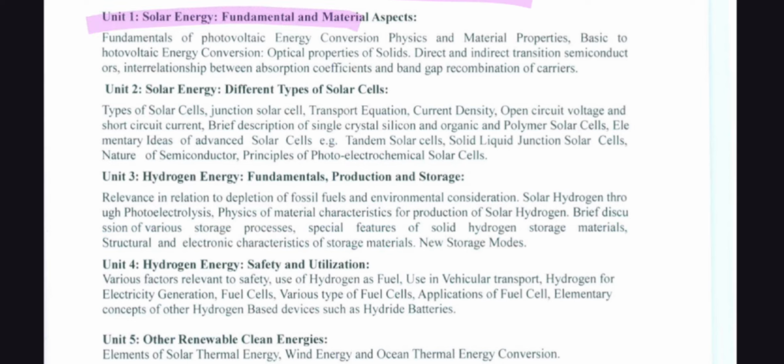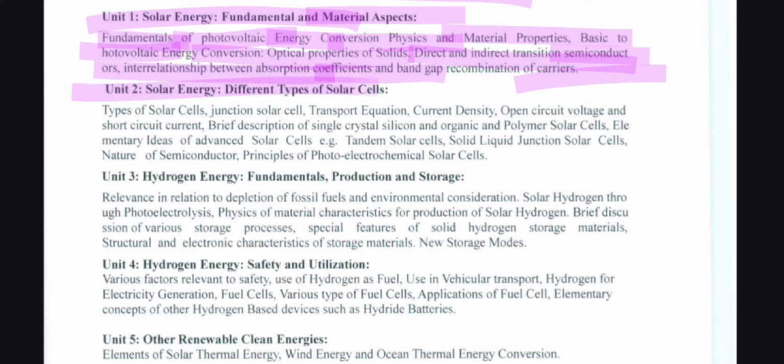The first unit is solar energy, fundamental and material aspects: fundamentals of photovoltaic energy conversion, physics and material properties, basics of photovoltaic energy conversion, optical properties of solids, direct and indirect transitions, semiconductors, interrelations between absorption coefficient and band gap, recombination of carriers. Unit 2, solar energy, different types of solar cells,